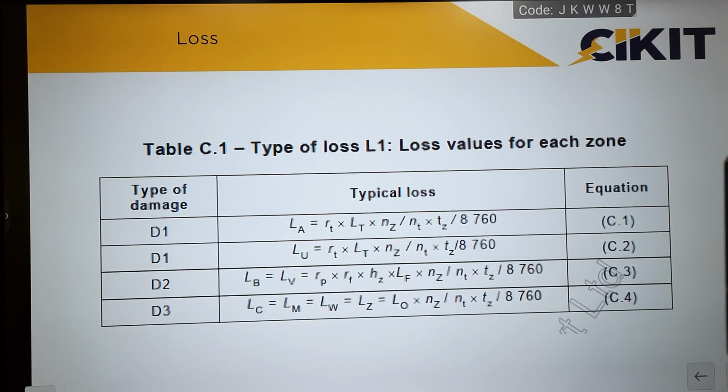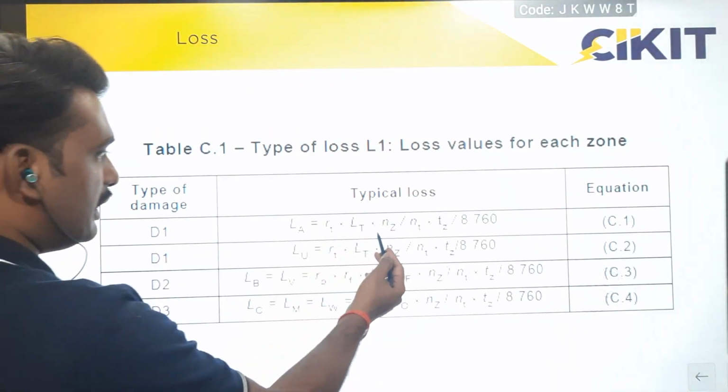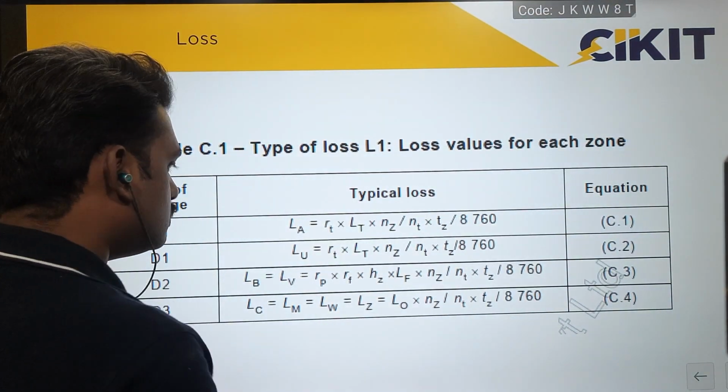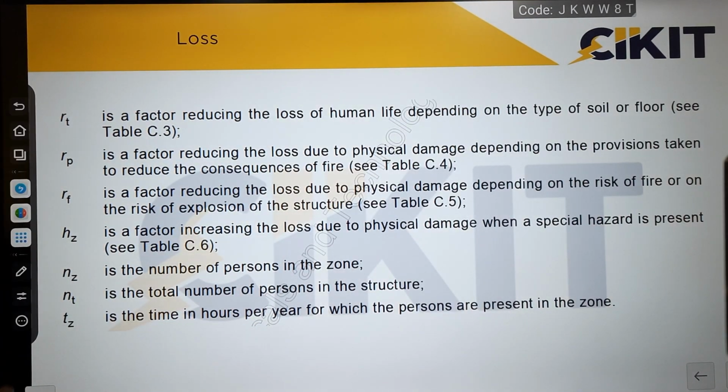This is the third portion, loss. In this loss, we can observe that there are different parameters involved: LT, RT, LF, NZ, NT, TZ. We have provided the explanation for this. So in this, the RT is